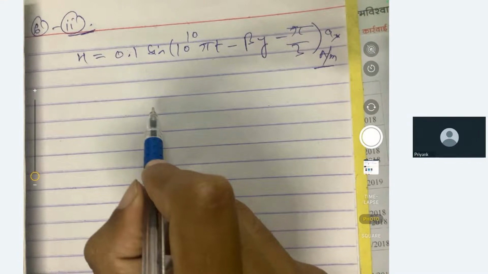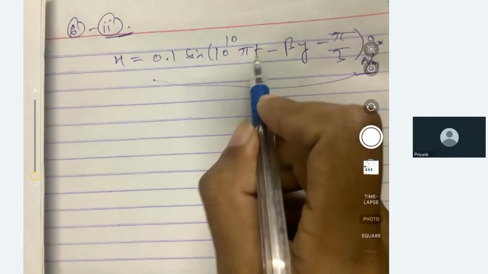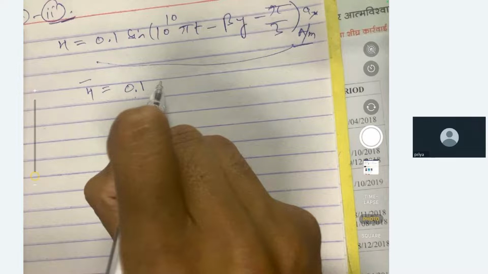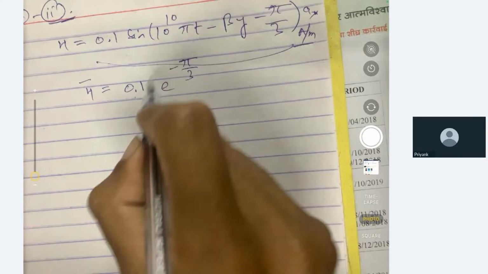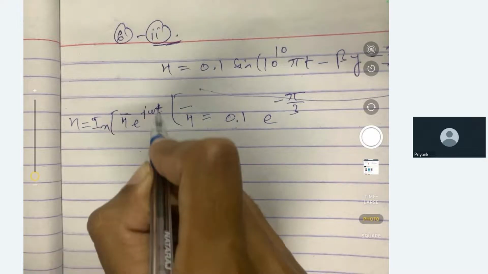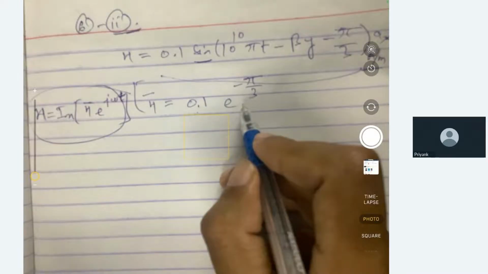So if we write it in the form of a phasor, we can remove ωt. The phasor of H will be 0.1 e raised to the power minus π/3. Here H is taken as the imaginary part of the phasor times e raised to the power jωt, because the sine is given here. So H is 0.1 e raised to the power minus π/3 into